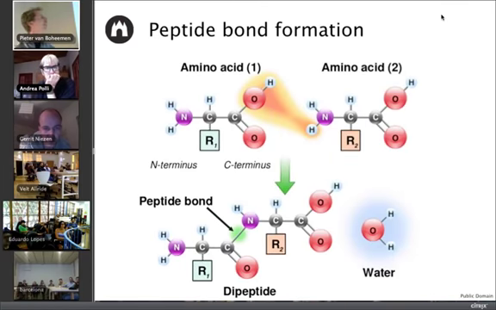In this picture you see a simple representation of amino acids without their specific side chain. That's written here as an R, as the rest. The most important part of an amino acid for making a chain is just the nitrogen, and then two carbons, and then the carbon is connected to two oxygen atoms. And the interesting thing, highlighted here with red and yellow, is that the oxygen side of one amino acid can be joined to the nitrogen side of the other, and together they can form